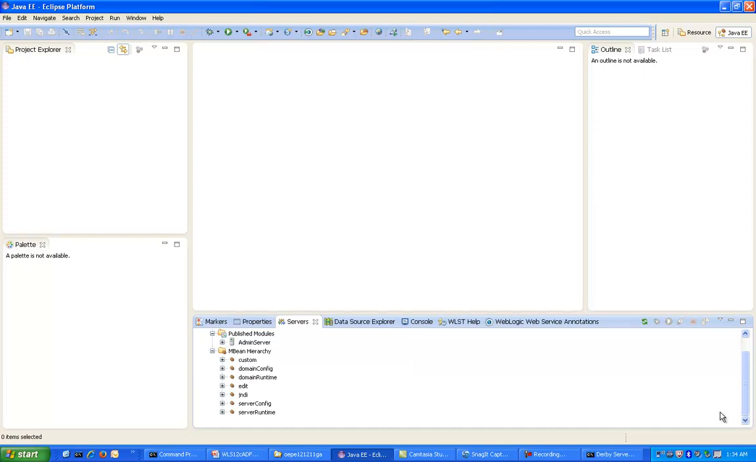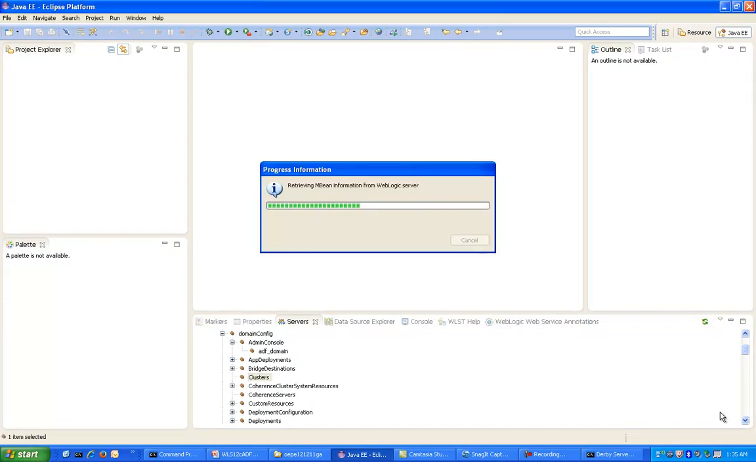Also, a very interesting feature is the ability to browse the MBean tree from within the context of the IDE. So here I can get into the MBean hierarchy and start to look at some of the values of this domain's MBeans. So here I can see specific MBeans within my domain,